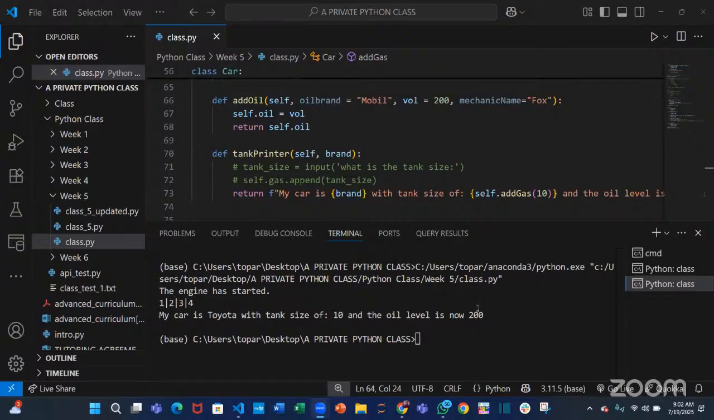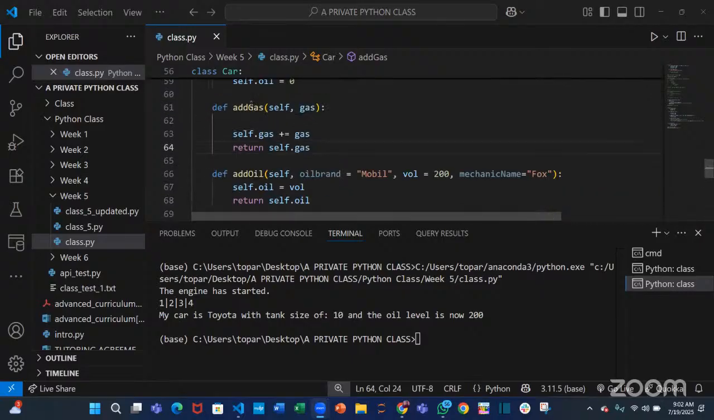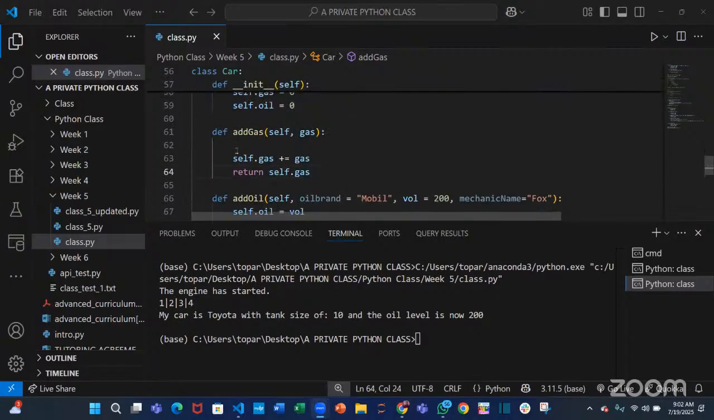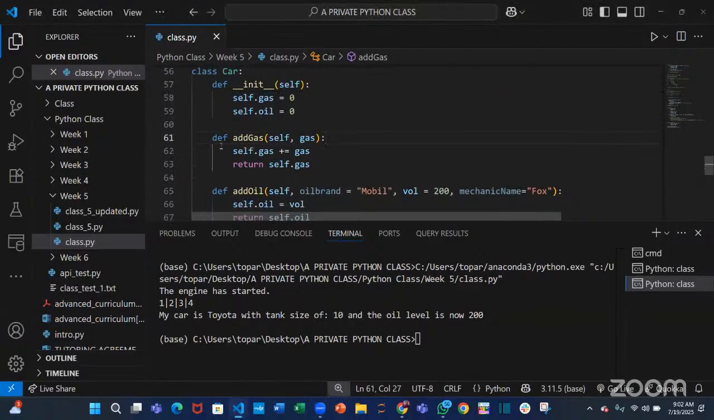How are we able to update the gas? Show me the gas again. I just returned self.gas. I returned this. Before, we didn't return it. Oh, we didn't return it. That's why it's returning None. Yes. But then again,